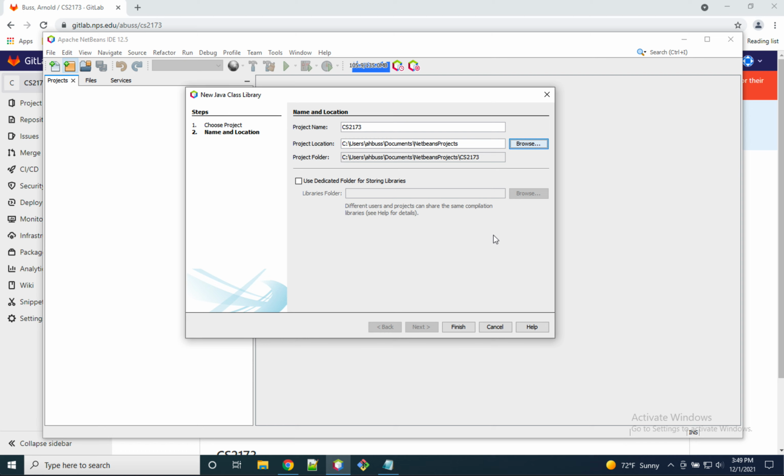Again, you can browse and put it anywhere you want, doesn't really matter. Now do check this box that says use dedicated folder for storing libraries. We may or may not be using a third-party library at some point in this course. If we do, then it's important to have that checked. Okay, so project name CS2173, uppercase, and then we finish,